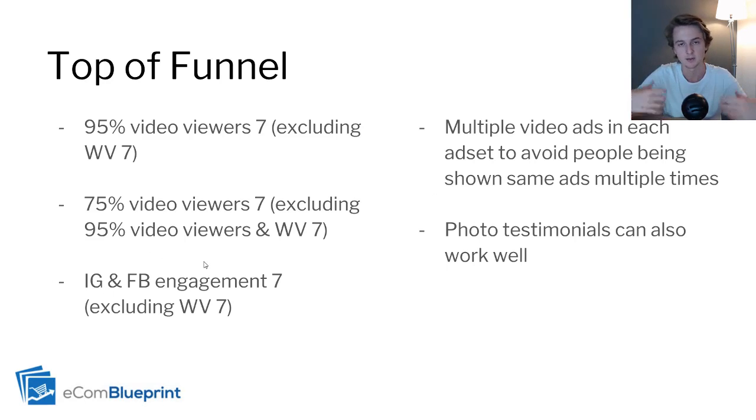And so for each of these ad sets, you want to have multiple video ads and multiple ads in general, just to avoid people seeing the same ads over and over again. People don't like seeing the same ads over and over again. And so by having multiple ads in each ad set, you're going to let Facebook optimize it for you and deliver different ads to people accordingly. And so that works great. And that's how I do it. I'll usually have 5 or more ads in each retargeting ad set. And when I create new creatives, I'm always going to just add them to the retargeting ad sets and see